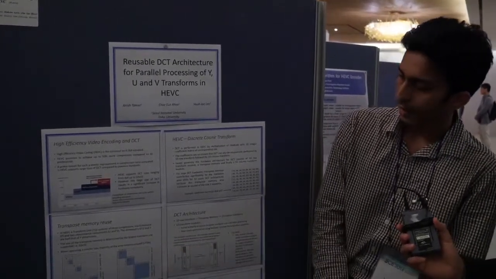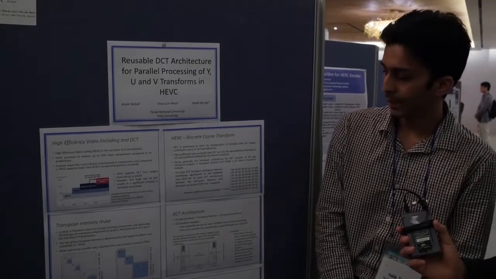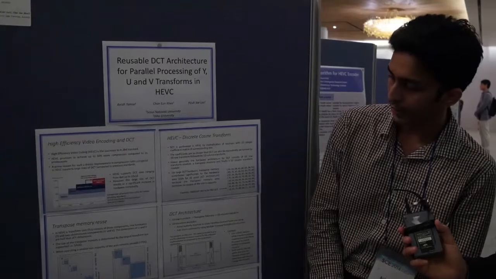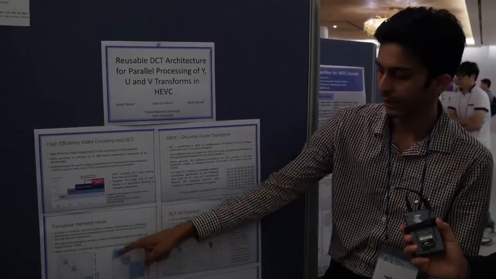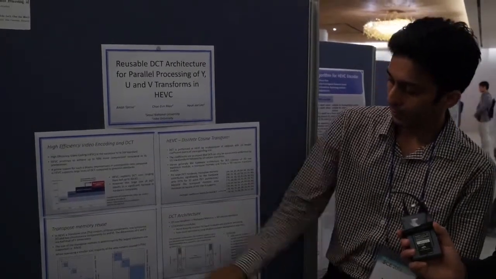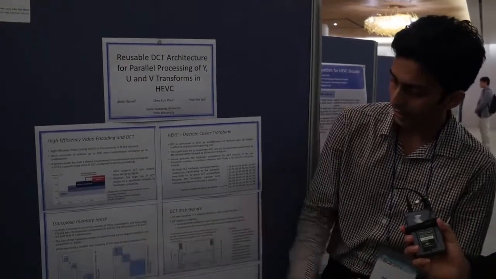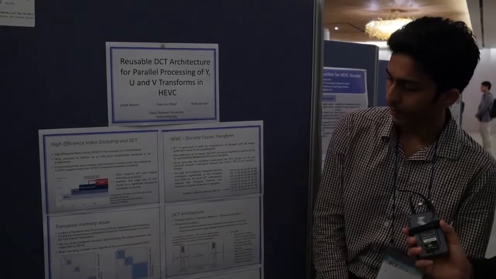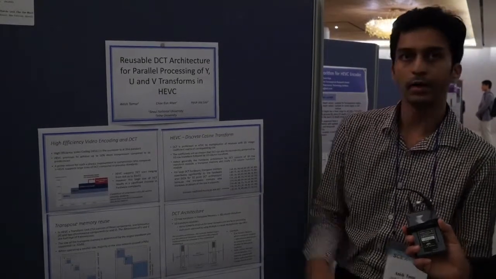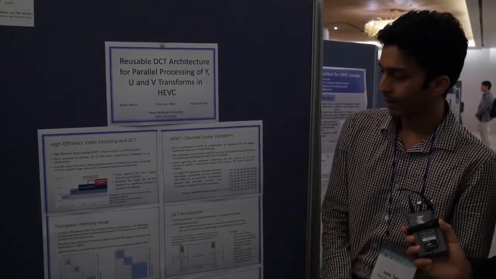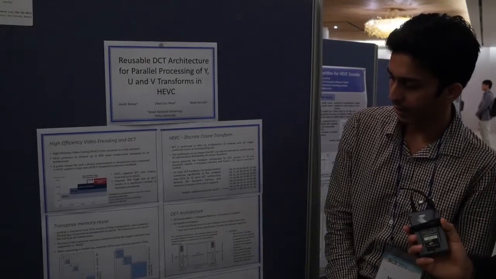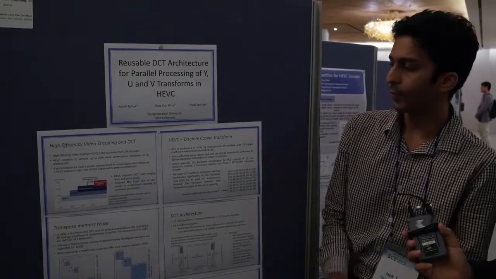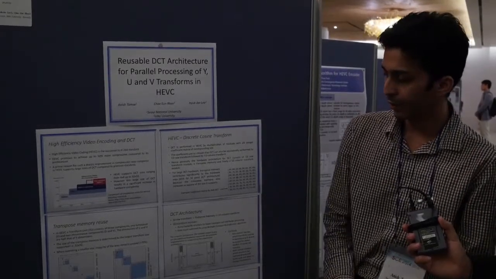What we are proposing in this paper is that when we are operating a smaller transform, we can use the rest of the area for other transforms as well. When this is a 32 cross 32 transform size and we are operating a smaller transform, most of it remains unused. So we are implementing other transforms in parallel in the same memory. The improvement with this is that the timing is reduced a lot. The downside is that it increases the hardware cost a little bit.